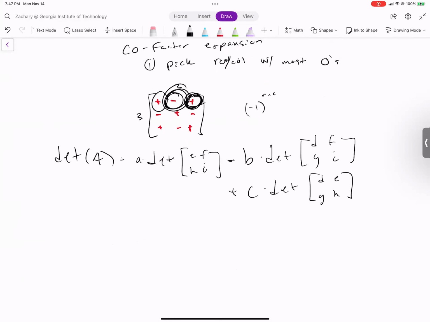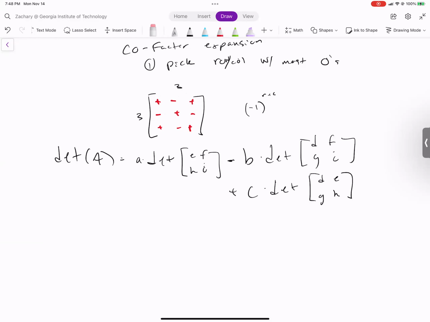Yeah. So what is true is any row or column you pick, you'll always end up with the same place. Yeah, you could absolutely have gone across the first column, or the third row, or the second row, but you have to follow that row or column you pick. And you have to follow whatever these pluses and minuses are. Okay. Cool. All right. What other questions do we have?